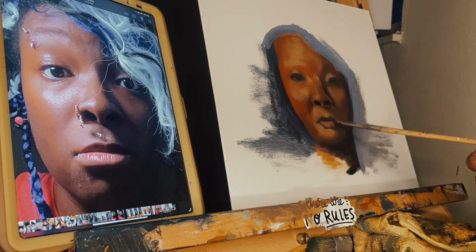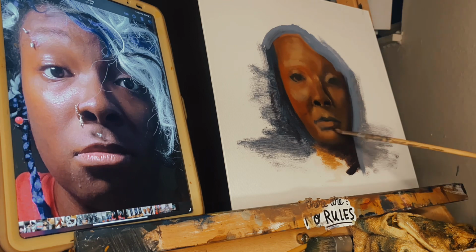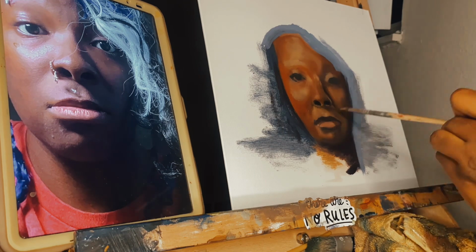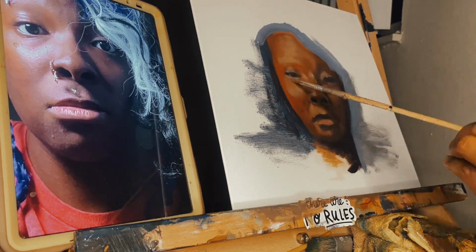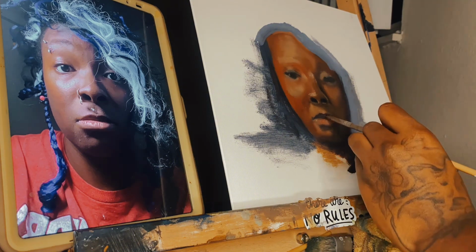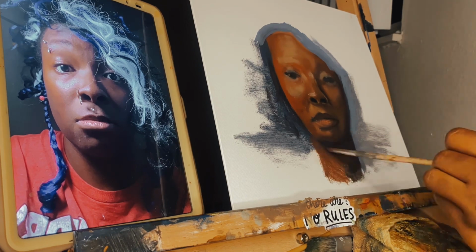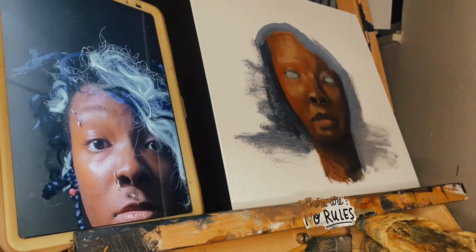I use that with oil or with acrylic painting. Basically, I start with thinner layers. The more I build up my layers, the more paint I'm using. These first couple layers, as you guys have seen, are very thin, watered down paint. And then as I get more and more into the painting, the thicker paint I will use. That really has made a big difference in the quality of my work, building that up over time and gradually, instead of starting off with just a thick layer of paint. I feel like that has helped the biggest with my overall presentation and depth of my